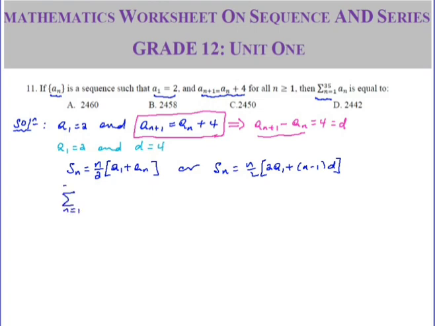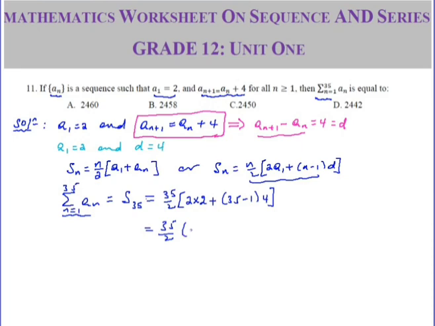Okay, so now returning to the question, the sum of the first 35 terms, sometimes we write with this symbol S35, is the same as this sigma notation. Based on this formula, this is 35 over 2 into 2 times the first term, which is 2, plus 35 minus 1 times the common difference. We have the common difference and the first term, so this becomes 35 over 2 into 4 plus